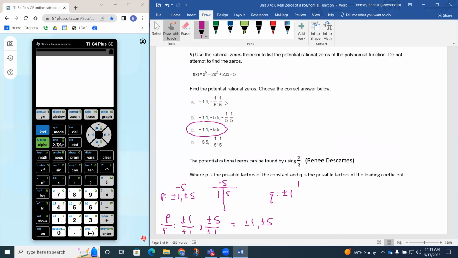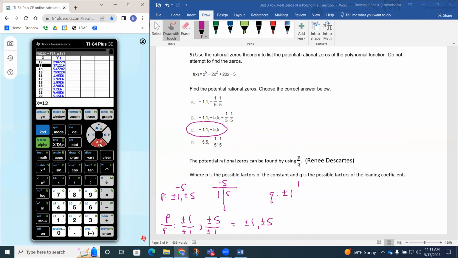Now, if I want to go ahead and work this out, take it a little bit further, we don't have to do this, but if we do, we can go y equals and type in this x to the 5th, and then minus 2x squared plus 20x minus 5. Now, if I go to my table,